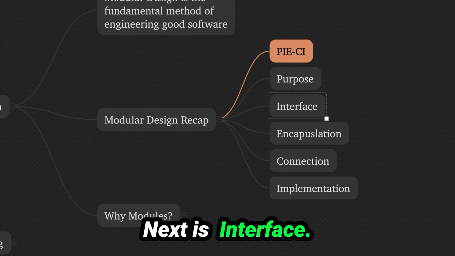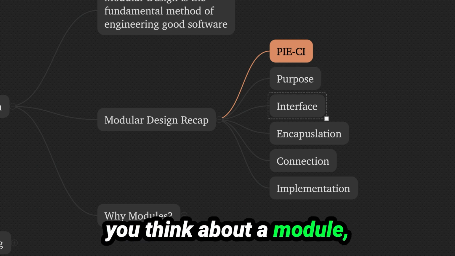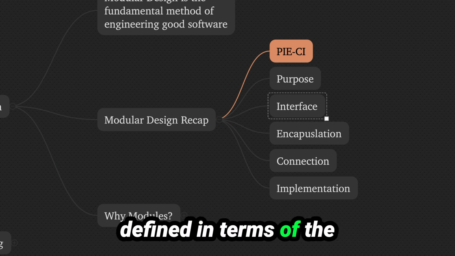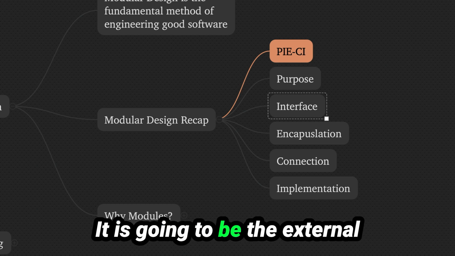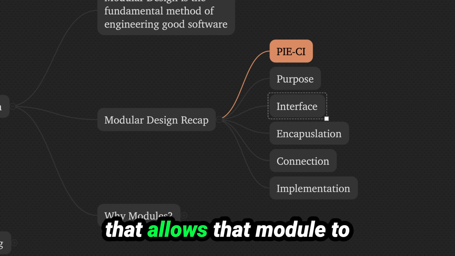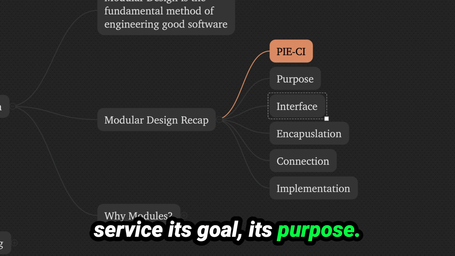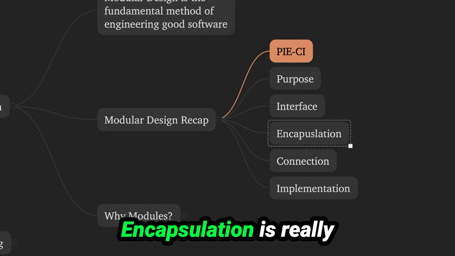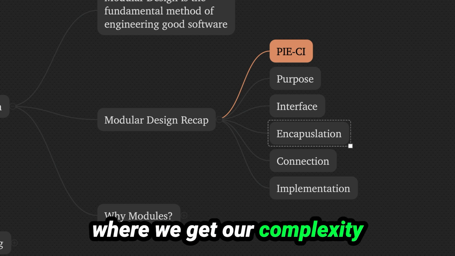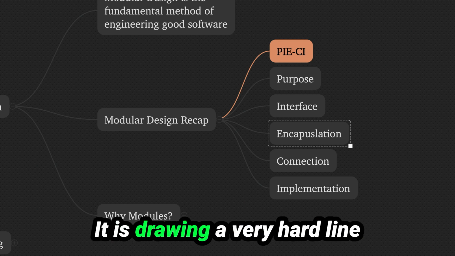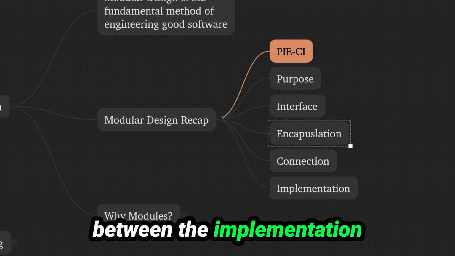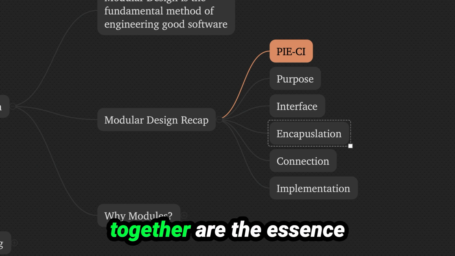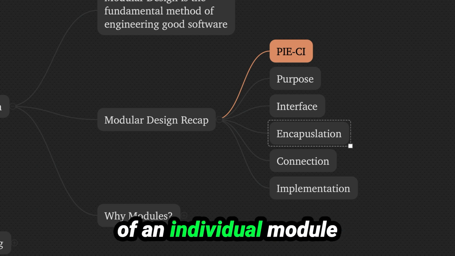Next is interface. It's not surprising when you think about a module, usually it has an interface, it has an API. And that interface should be defined in terms of the purpose of that module. It is going to be the external facing part of the module that allows that module to service its goal, its purpose. Then we have encapsulation. Encapsulation is really where we get our complexity fighting superpower. It is drawing a very hard line between the implementation inside the module and the interface to the outside world. Those 3 things together are the essence of an individual module and how to make an